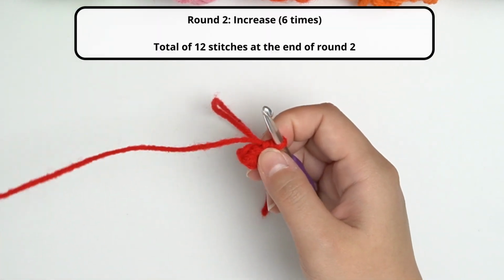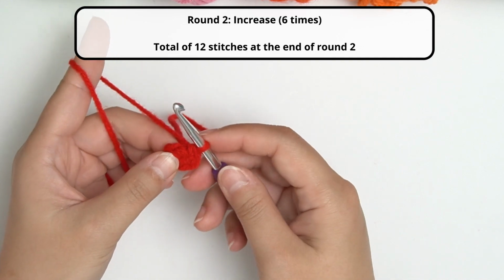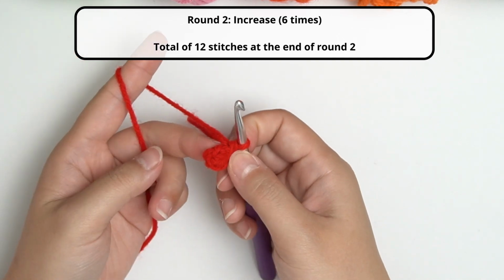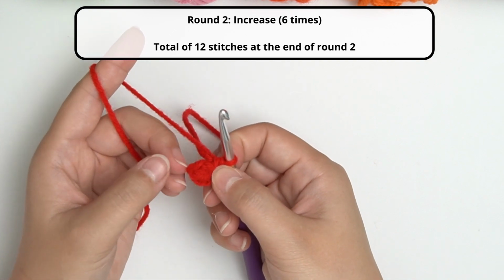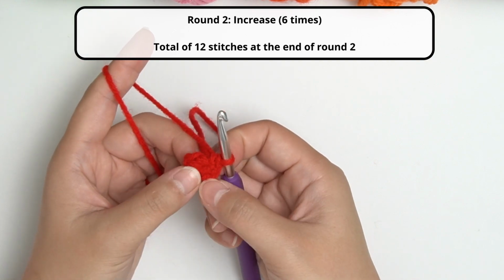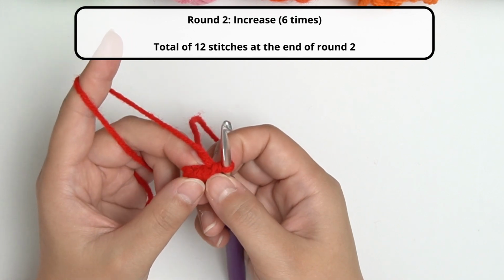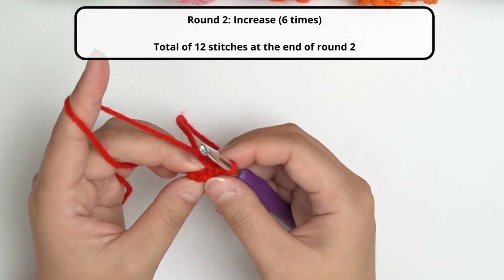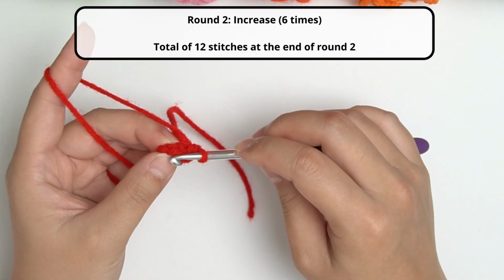Now for round 2, it's very easy. We will be doing increases all around. You will have 12 stitches at the end of round 2. What increases means is that in each of your 6 stitches from round 1, you will insert 2 single crochet in each stitch. So now in my next stitch here, I will insert my hook,